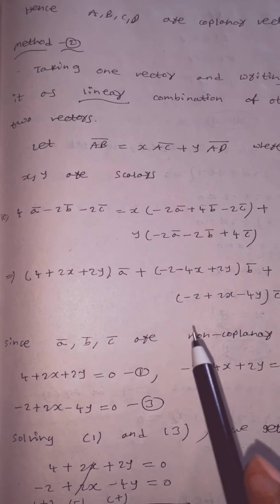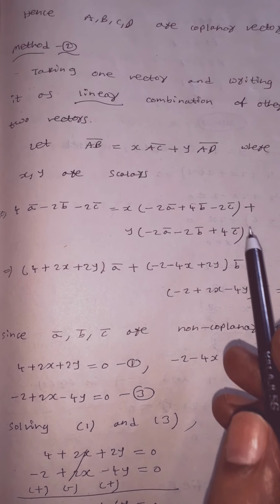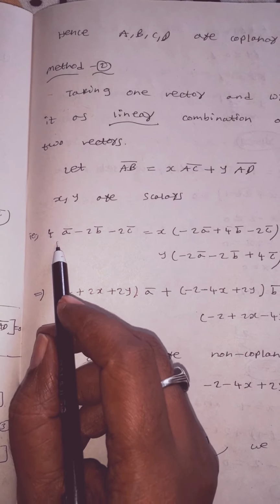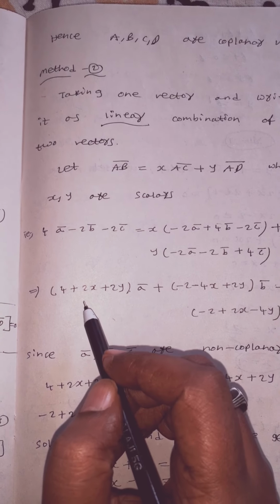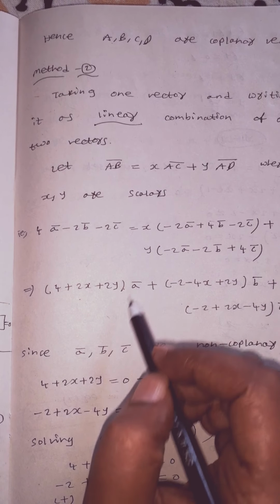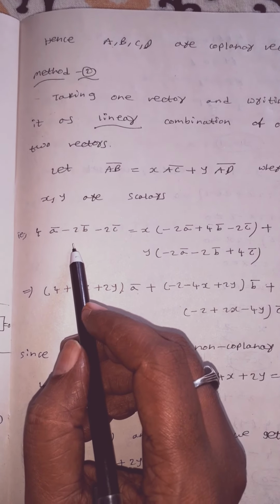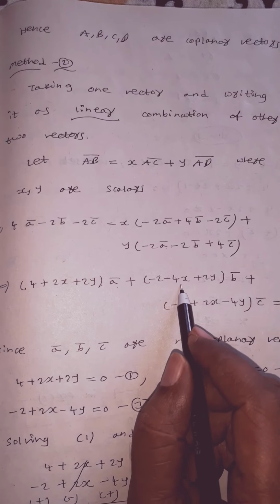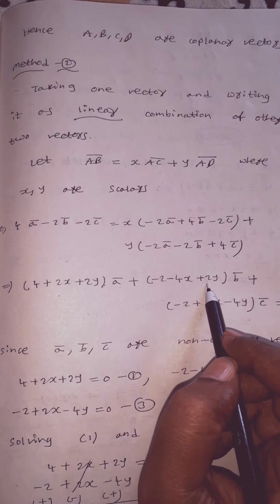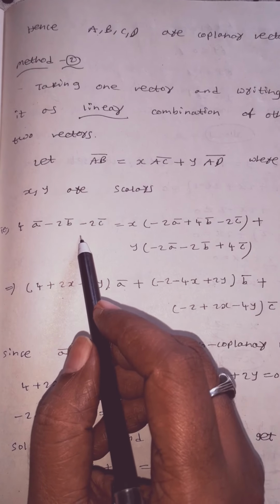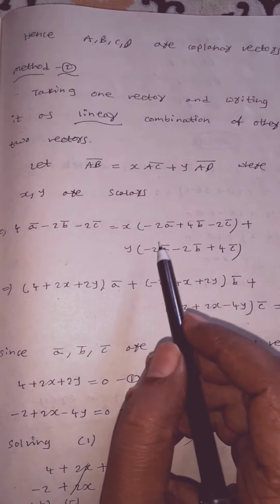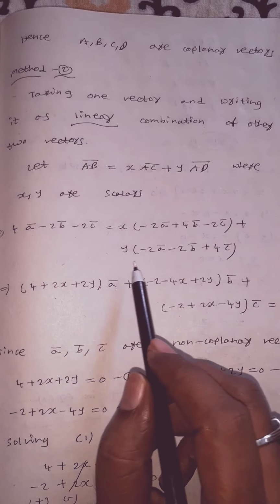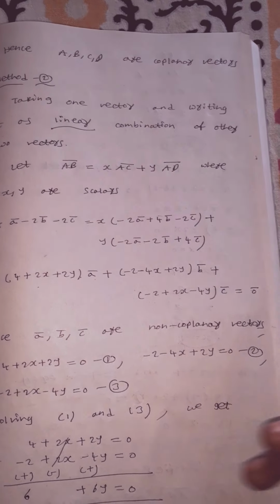So after that, send all these values to this side, children. Write the A bar, B bar, C bar values separately. If you write like that, 4 here, minus 2 will become plus 2x, and minus 2y will become plus 2y, into A bar. Plus, what is the B bar term? First term minus 2; if you send 4x this side, it will become minus 4x. If you send minus 2y this side, it will become plus 2y, into B bar. Plus write the C bar terms, children. What is that? Minus 2. Next, if you send minus 2x that side, it will become plus 2x. Next, if you send plus 4y this side, it will become minus 4y, into C bar equal to 0 bar.